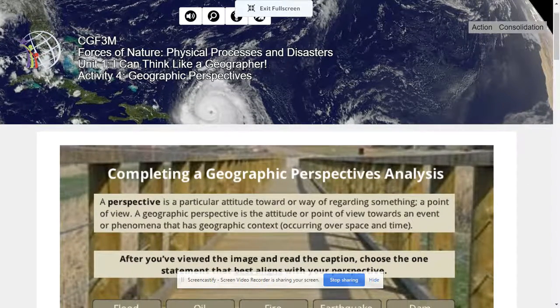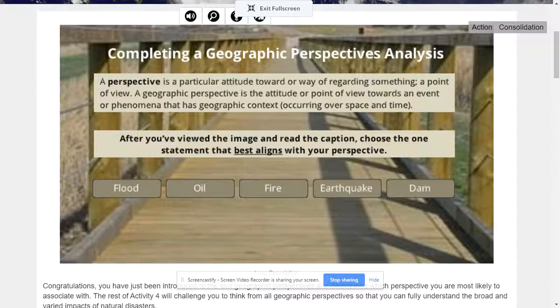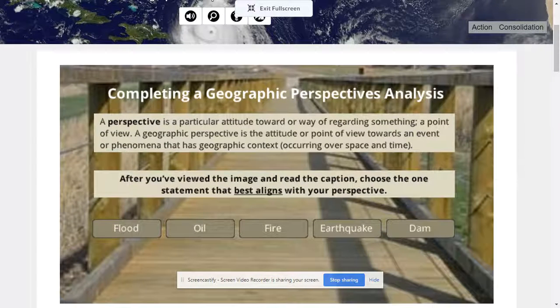This activity is going to introduce us to our last geographic concept of thinking. This one's called geographic perspective. So what we're doing here is we're trying to have everybody take a look at events and issues from different points of view. To get you started, they give you this little